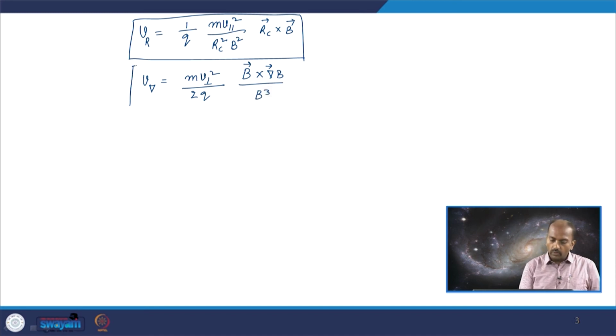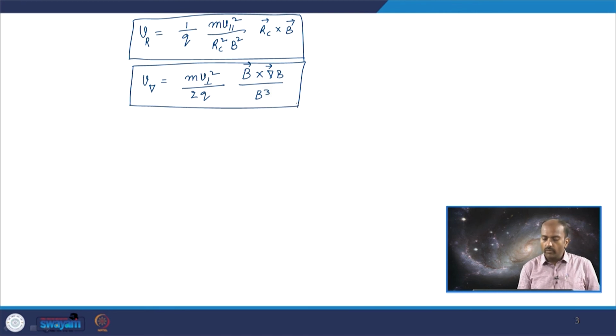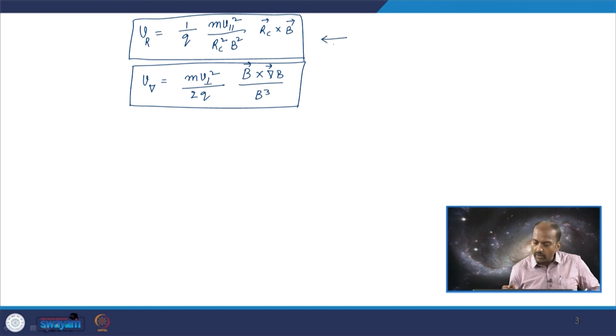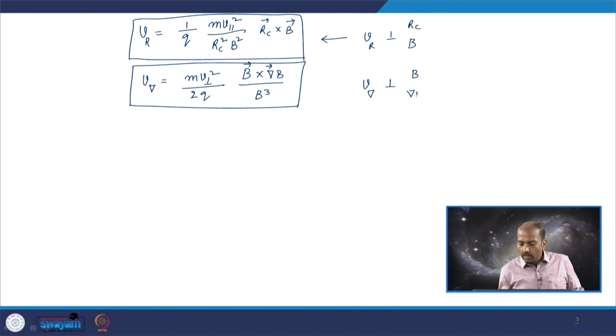So, this is again, any realistic magnetic field should always have these two velocities associated with it. That means any particle which comes across a realistic magnetic field will always experience these two drift velocities. So, these two drift velocities, what do you see? You see that the drift velocity due to curvature, V_R, is perpendicular to R_C, of course, and B, and V_del is perpendicular to B and del B,